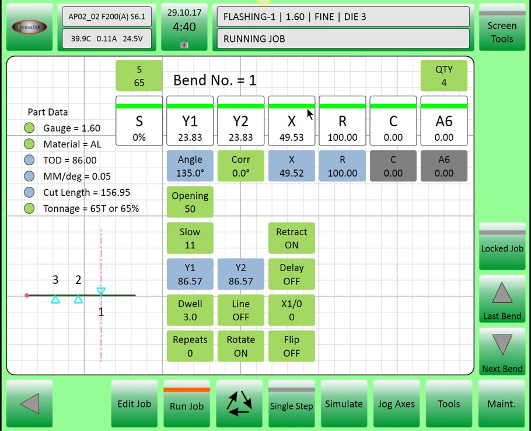Lime means that all of these axes are ready to run. If they turn violet, then it means that that axis is moving under Icon control to a new set point position. Red means that an error has occurred, or that field is in error and must be cleared before moving